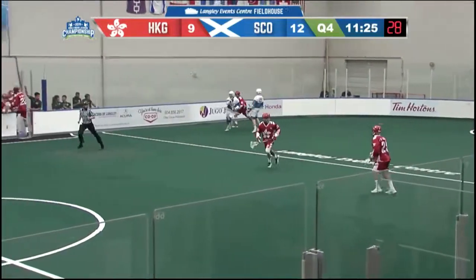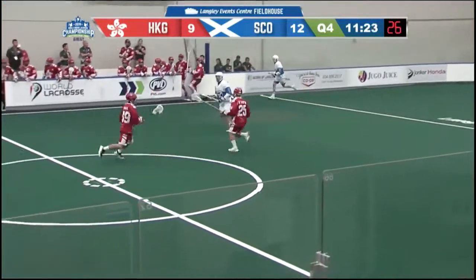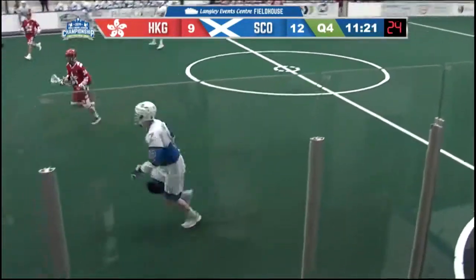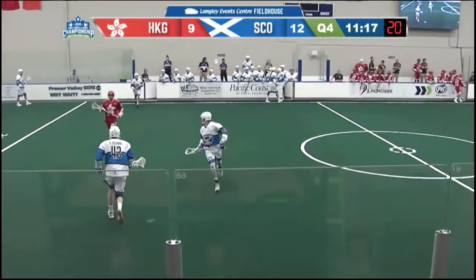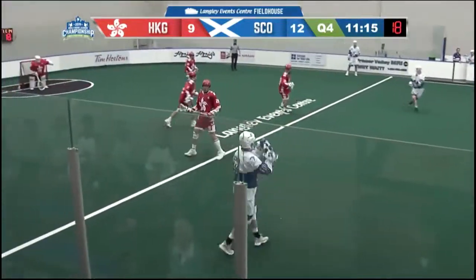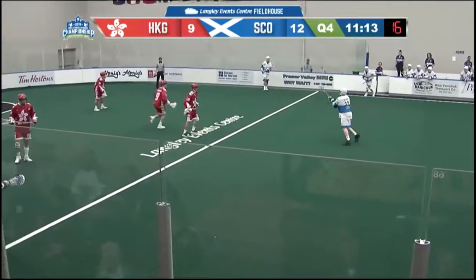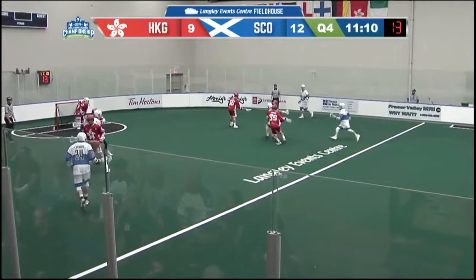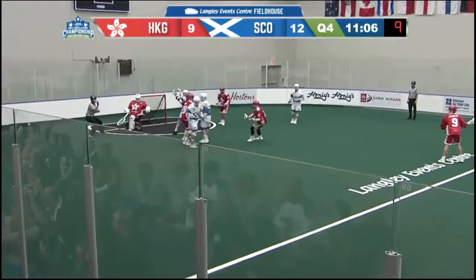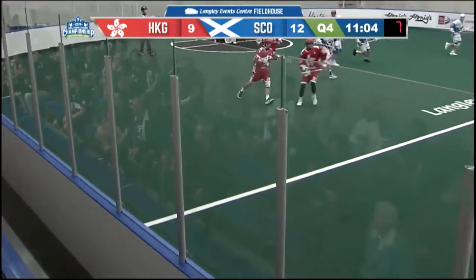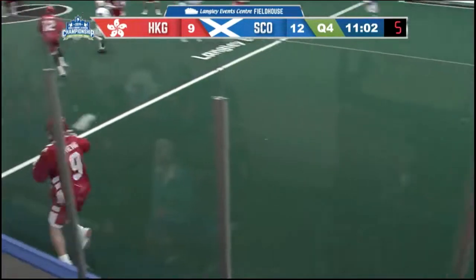Doherty picking up the loose ball behind his own goal, takes a whack but gets out to center. Doherty sending it across along the left side there for Vickers. Vickers back center of the floor, connecting with, I believe from this vantage point that looked like Johnny Shaw, but Scotland getting it deep, unable to get a